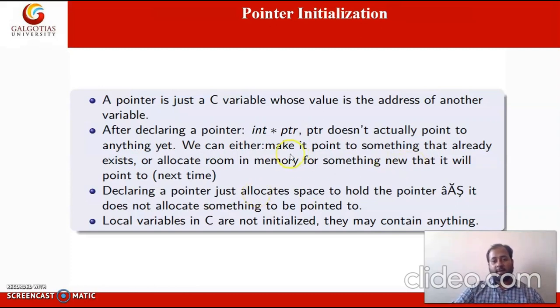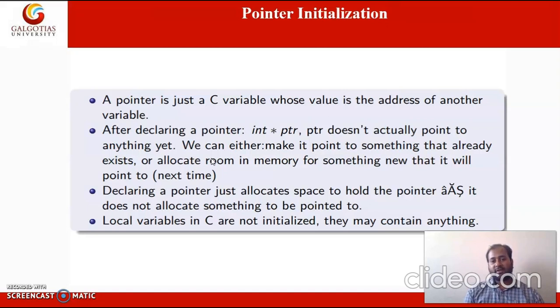After declaring pointer int star ptr, ptr doesn't actually point to anything, because if you have seen the variable declaration, then at the declaration it only reserves memory space of particular data type, but it is not having value.